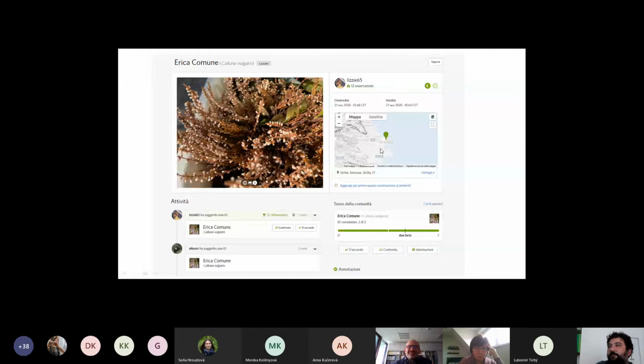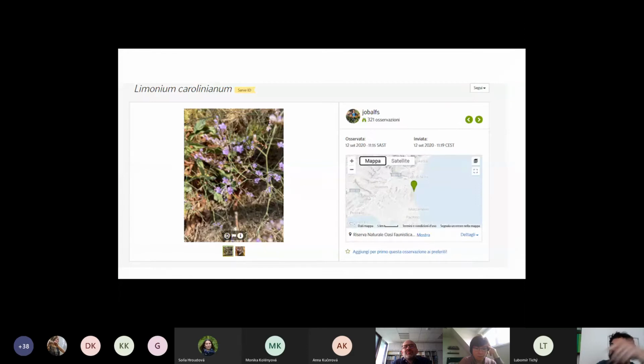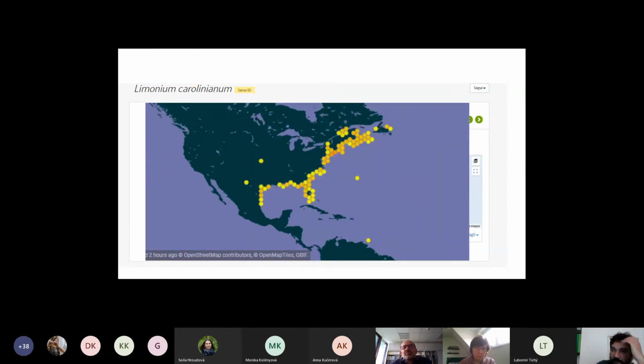But usually people, I mean, there is this kind of error, or also this Limonium carolinianum that was also shot in Syracuse by some American tourists, because it spreads on the eastern coast of the United States. So why this? Because we have to pay attention to the data that are inside this group,